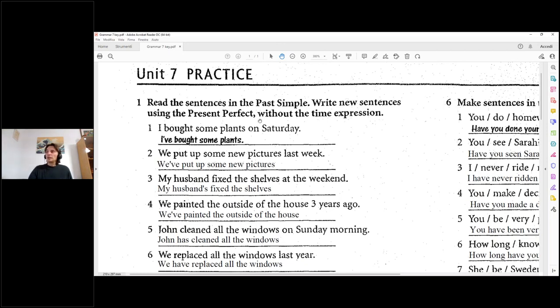Now keep in mind that I did try to underline the differences between past simple and present perfect. Okay, and I did tell you that there is a slight difference